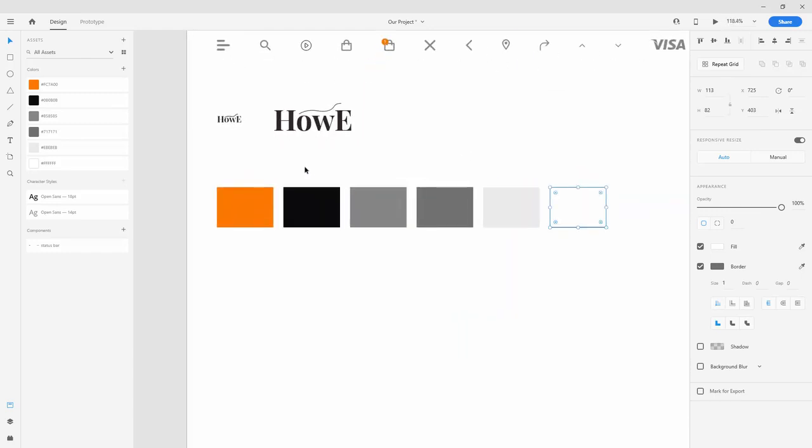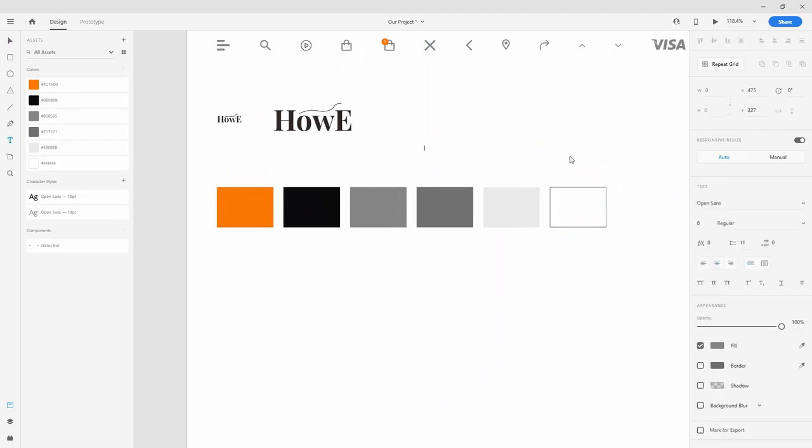Now let's include some text. So press T, click right here, and this first one is FC7800 like so, and you can include it right here. Make sure it's in the middle and simply increase the size to 10 or maybe even 16 so it's easily readable. Make it white because all of our colors except for the white color are dark, and you can position it like so. Double click here and type in